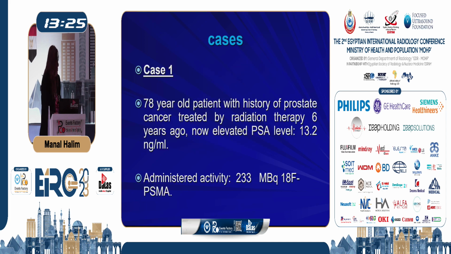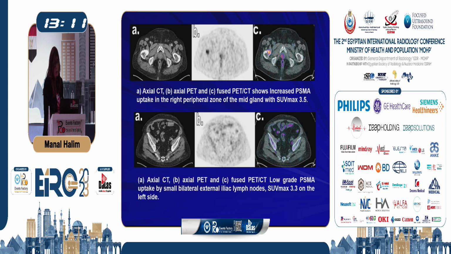Let's see some cases to understand. This is a 70-year-old male patient with a history of prostate cancer treated with radiation therapy 6 years ago. Now there is an elevated PSA level of 13.2. And the 18 fluorine PSMA was injected, and the patient shows